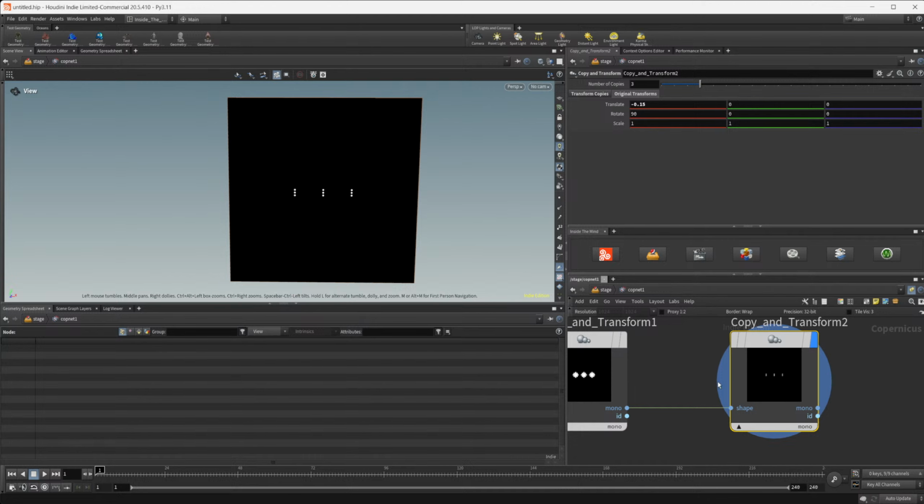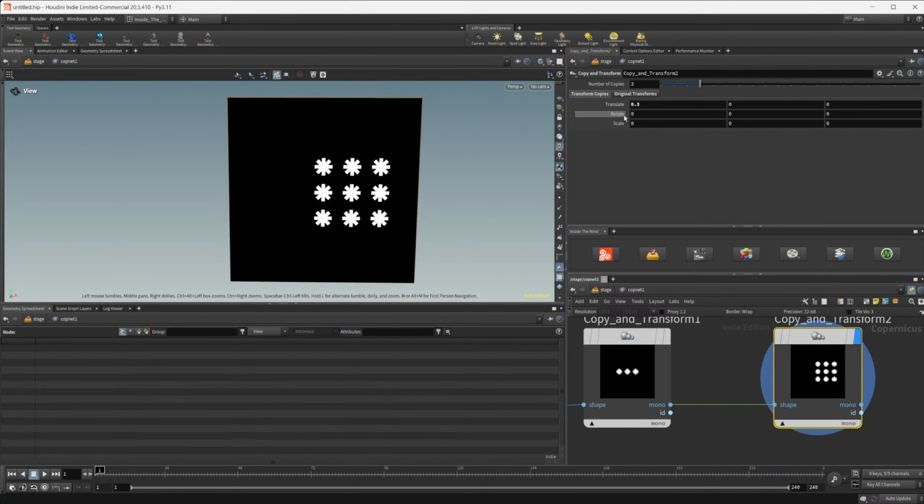So we can take these and transform them, copy and transform them again. Maybe we want to take this and scale them up. Again, we have 3 copies that we're creating. We start with this original shape and then translate them out. I guess we have an original transform on here. We do need to rotate this by 90 degrees, and then we would get back to the shape that we had. So if I took this and set this back,